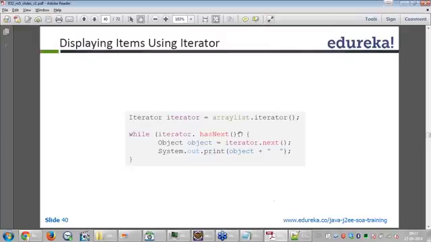So, look at here, array list dot iterator. It gives an iterator object. Iterator dot has next in a while loop means you're checking whether there is a next element or not. Has next will return a Boolean value, true or false. If the next record is there, then it says true. If the next record is not there, then it returns